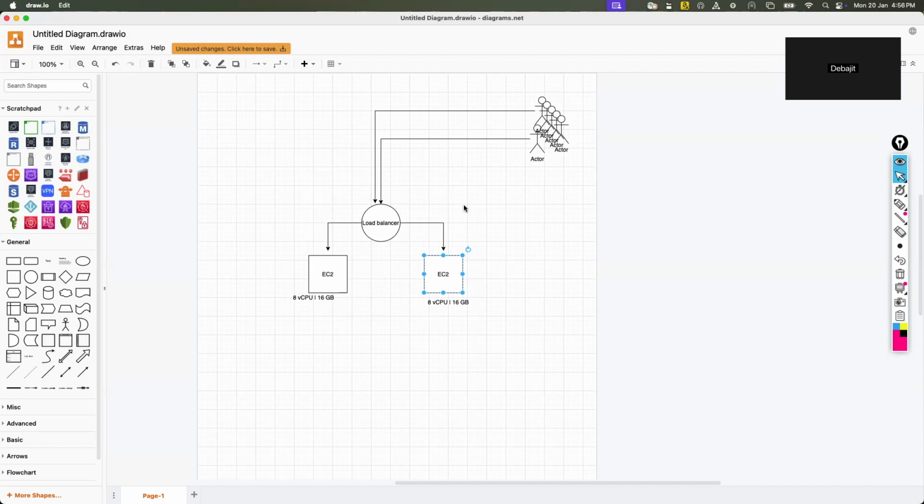But AWS has come up with a brilliant idea. They said, no problem, we have another service called Auto Scaling Group. ASG stands for Auto Scaling Group. Even if you have so many loads coming, irrespective of the numbers, millions, billions, no problem. This Auto Scaling Group will automatically increase additional servers for you.